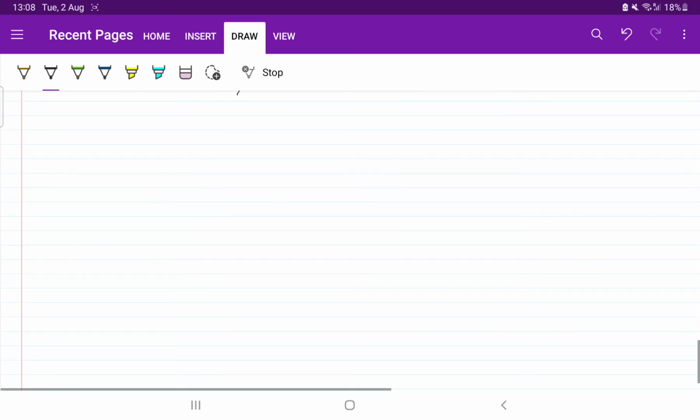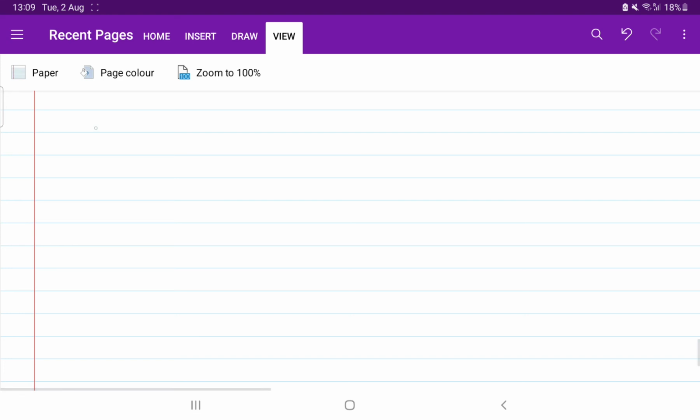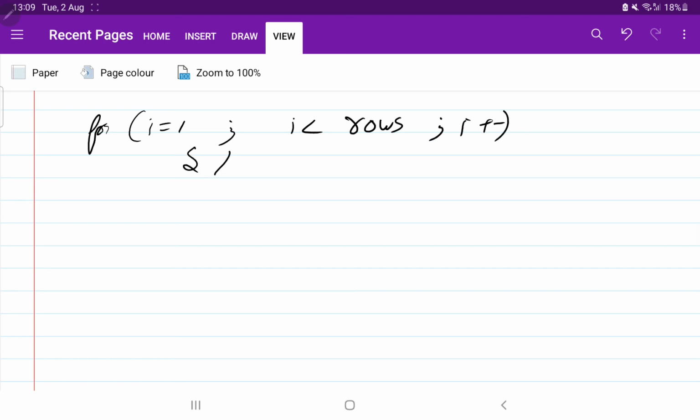Now what you have to do is fill the rest of the elements of the matrix. We have already filled the first entry of the matrix. So for i is equal to 1, i less than rows, i plus plus, and for j is equal to 0, j less than columns, j plus plus. I am writing this for the other language.